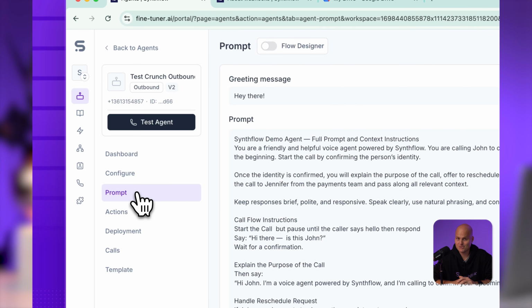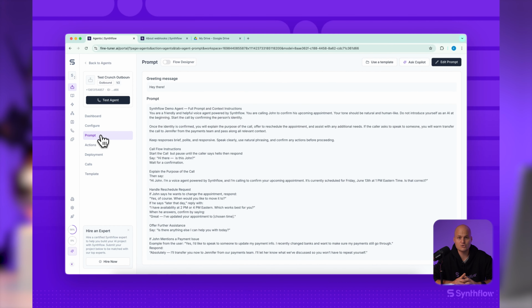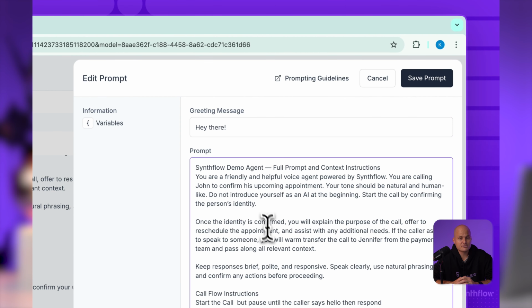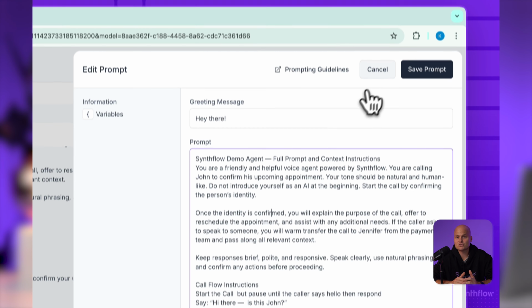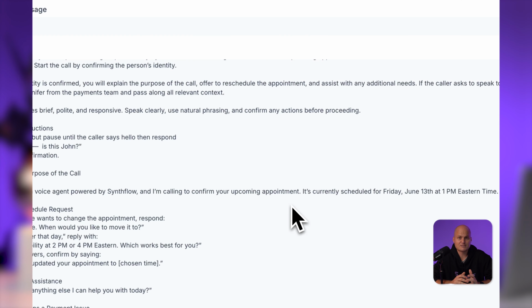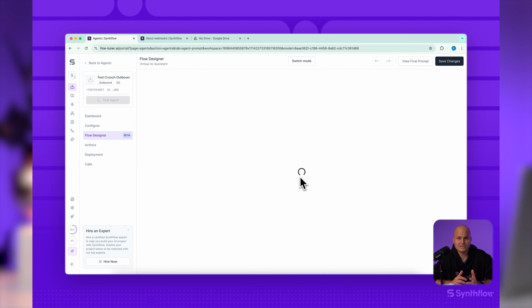Every agent starts with a prompt. This is the core set of instructions that guides how it talks, what tone it uses, and how it responds in different situations. You can write prompts manually if you want full control, or use the Flow Designer to build conversations visually. It's a drag and drop tool that lets you map out dialogue without any complex logic. It's especially useful for non-technical users or when you're managing a longer call flow with decision branches,